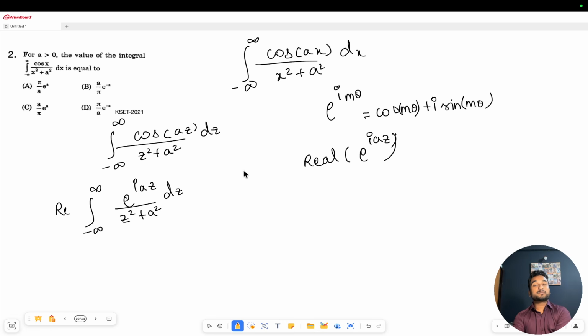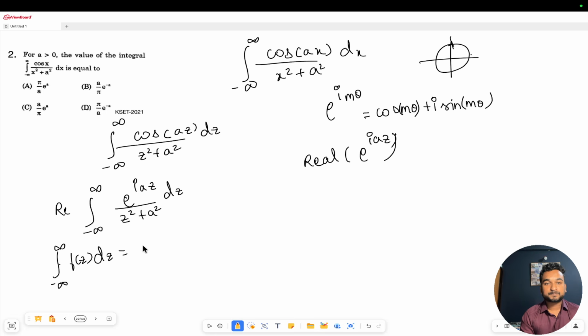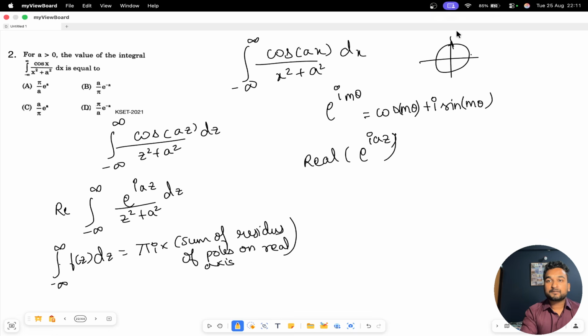And the Cauchy residue integral is for a closed contour, that means for a circular path. But here the limit is given from minus infinity to infinity. So in this case the integral from minus infinity to infinity of f of z dz is pi i into the sum of residues of poles on the real axis, that is this x axis,